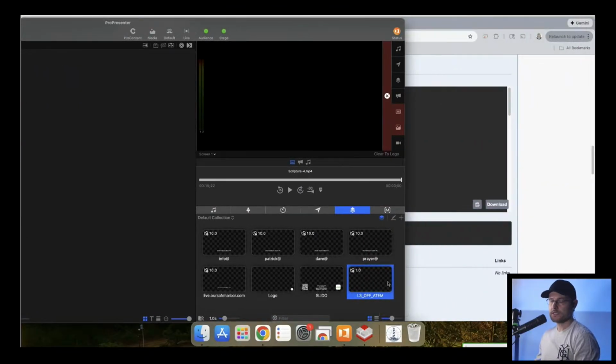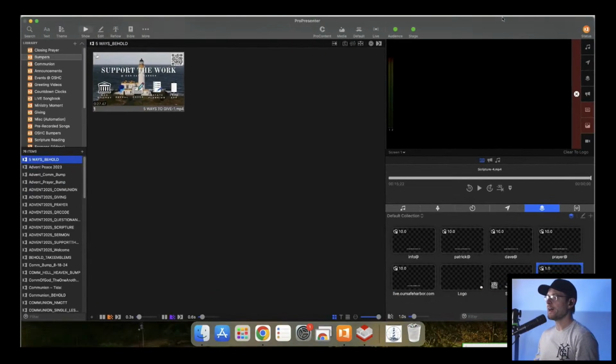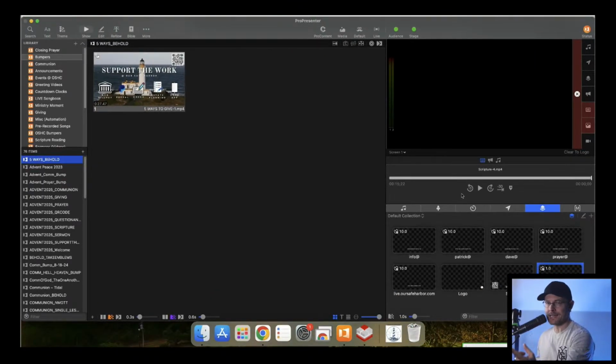Okay. See this prop that I made? I made this prop that's a 1 second prop on off, and I called it lower thirds off ATEM. That's basically the cue that anytime I put that prop on a slide, when they fire that slide, it's going to run that prop for 1 second. And that's going to trigger then my workflow for my ATEM to turn off the lower thirds.